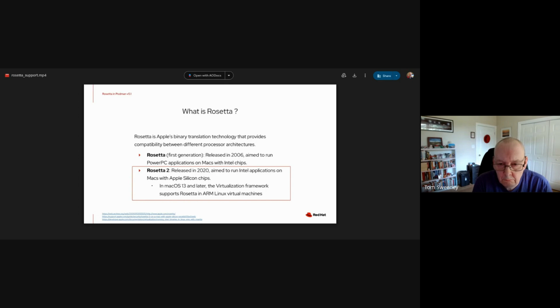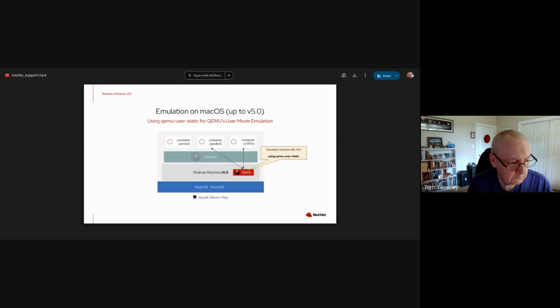The first version came out in 2006, and Rosetta 2 was released in 2020. Rosetta 2 recently added support for the virtualization framework, enabling the use of Rosetta on ARM Linux VMs. We are targeting Rosetta 2, which we simply refer to as Rosetta.